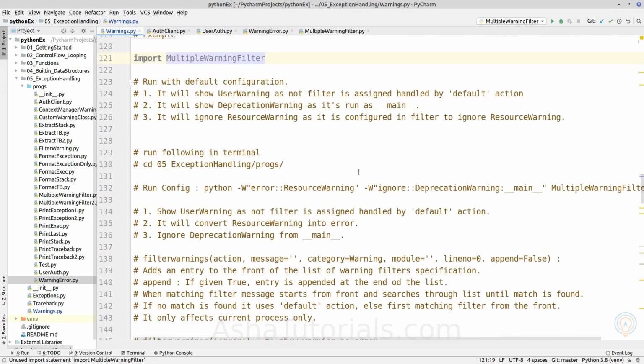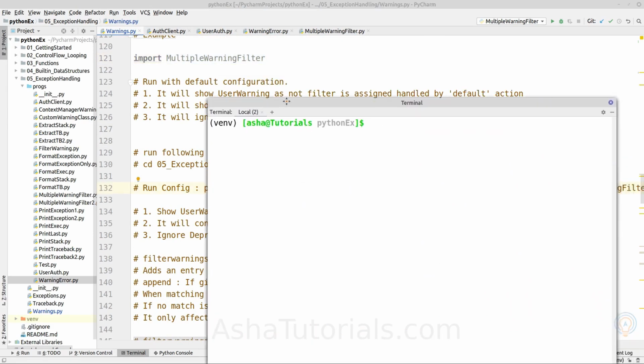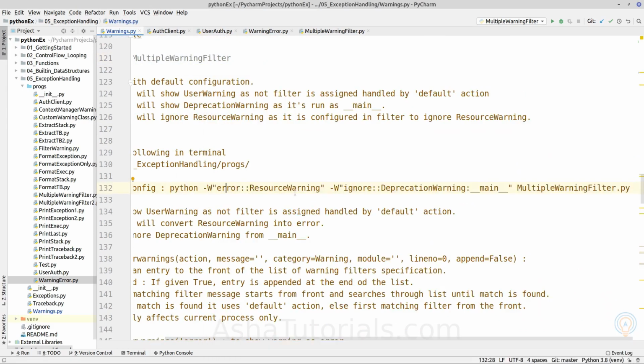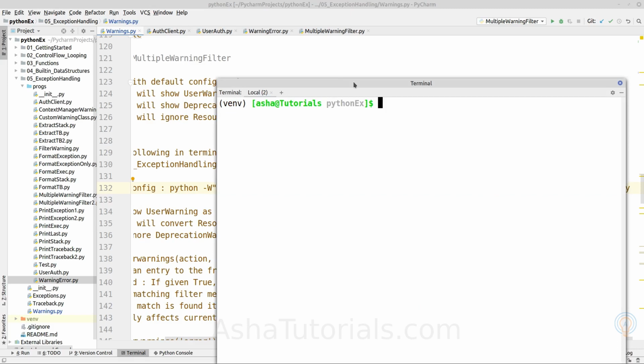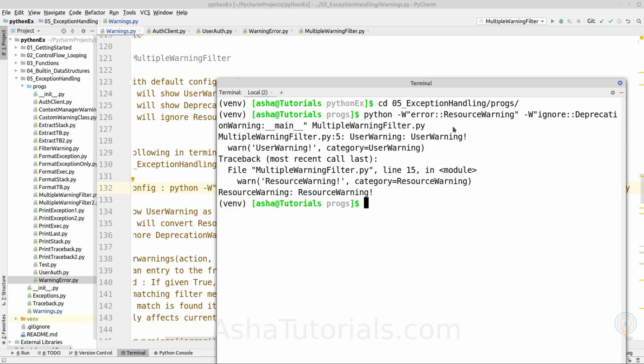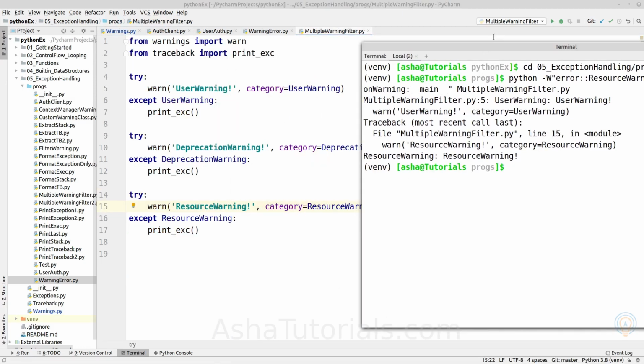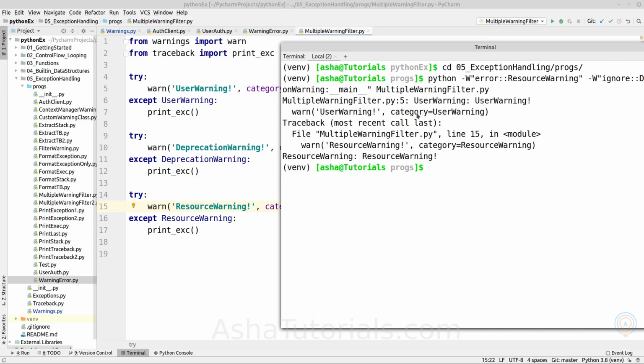Now let's print our custom configuration warning. Here we will configure the error action for the resource warning, and it will ignore the deprecation warning which is raised from main. First we will change the present working directory to the program, and if we execute it, this will configure multiple warning filters. If we execute the same multiple warning filter file, as we can see here, the first one is the user warning.